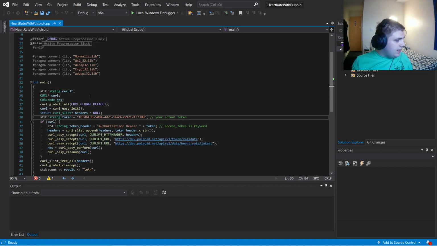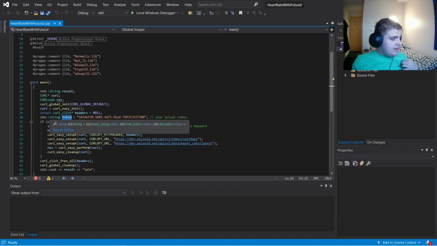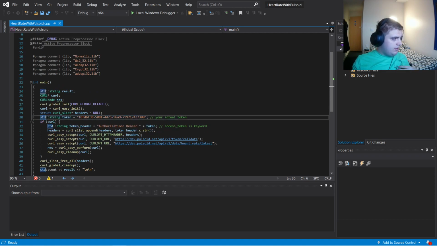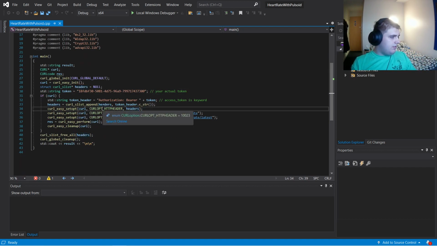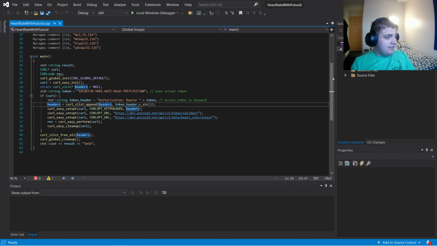So you can see here I create an std string. Pretty much I set the token, I set the value for that, and I set a headers value, which is a struct. And so I can just keep appending to the struct. So I add the headers, I add the token header, which is there,